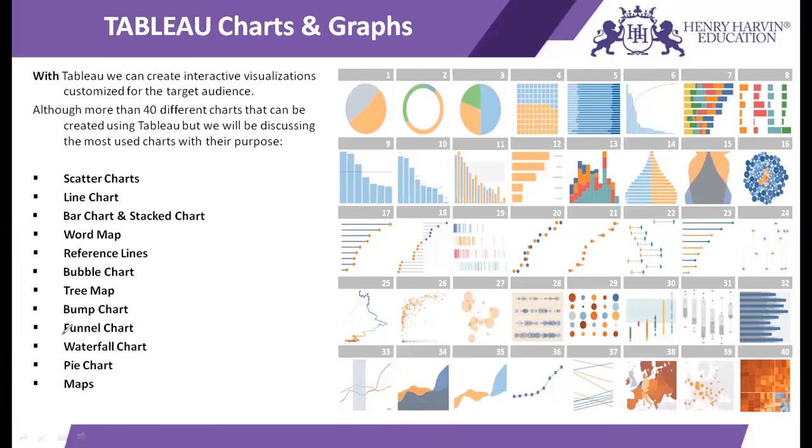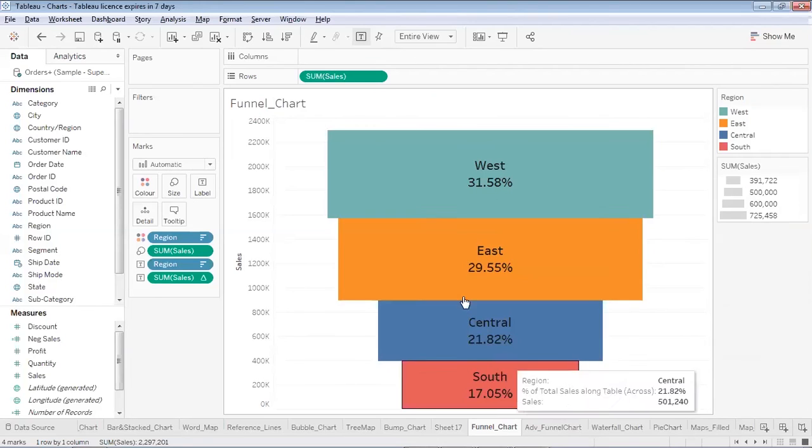Hi all. Now we'll study funnel charts. A funnel chart is used to represent sales at different stages, different sectors, or at different segments. So for showing sales over different dimensions, like if you want to show this sales variable, which is a continuous variable, over the values of discrete variables or dimensions, then you can use a funnel chart. You can use stacked bar charts as well, or simple bar charts as well, but using a funnel chart will make your visualization quite attractive. So a funnel chart looks something like this.